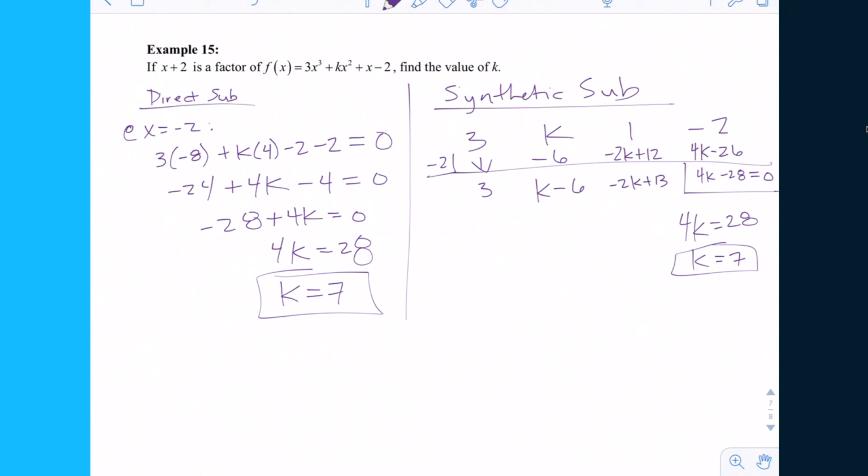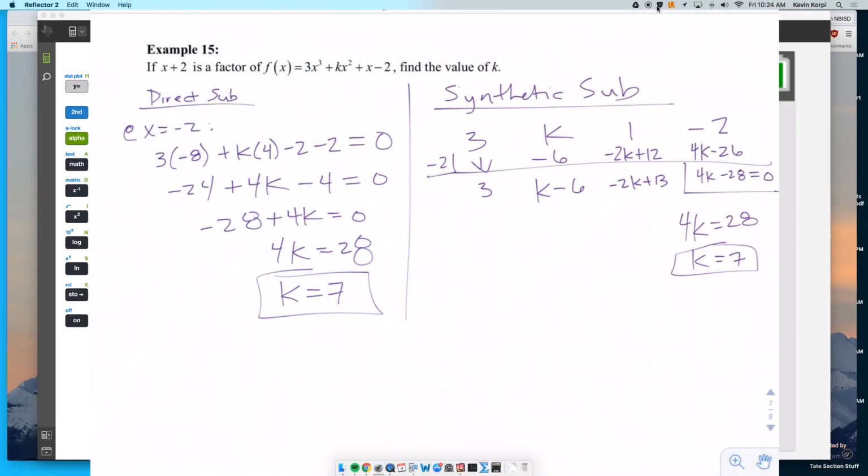Worksheets due on Monday, minus the problems that say to write it as the product of the quotient times the divisor plus the remainder. Forget all that. I think it's just number 6. We'll have a group quiz on Monday. We'll talk about the test, and then we'll test on Tuesday. So have a